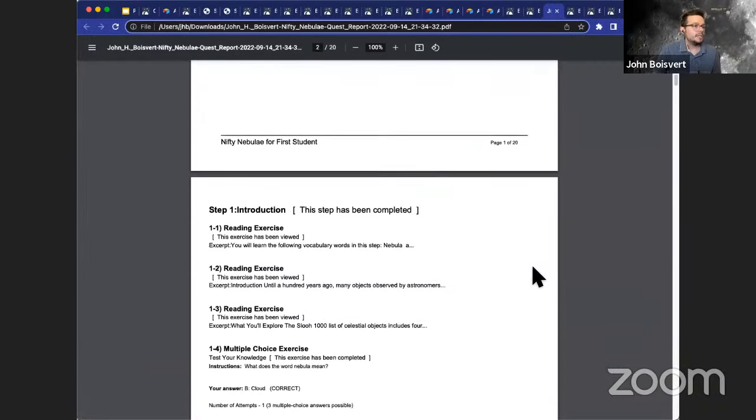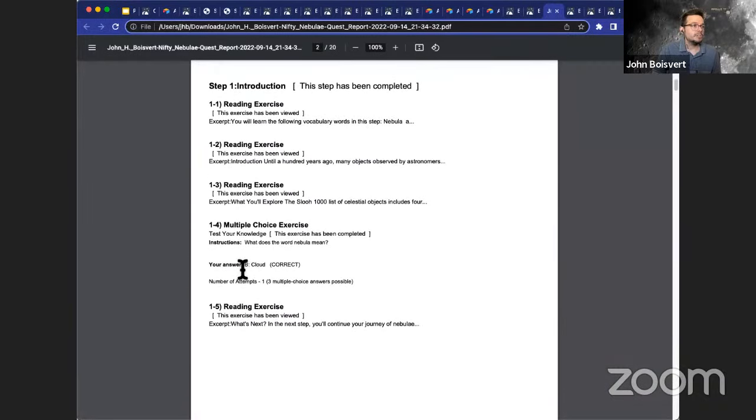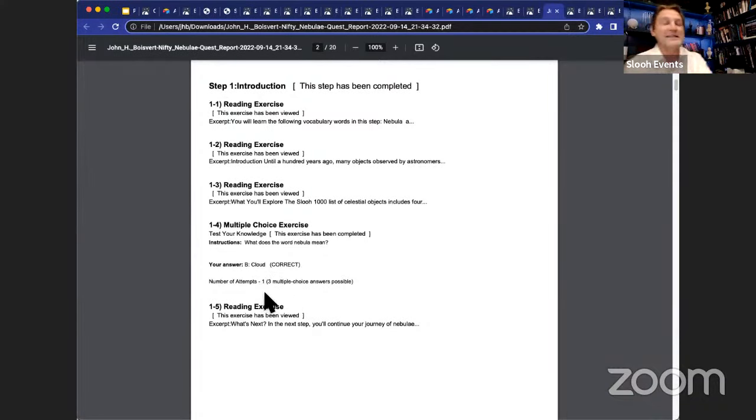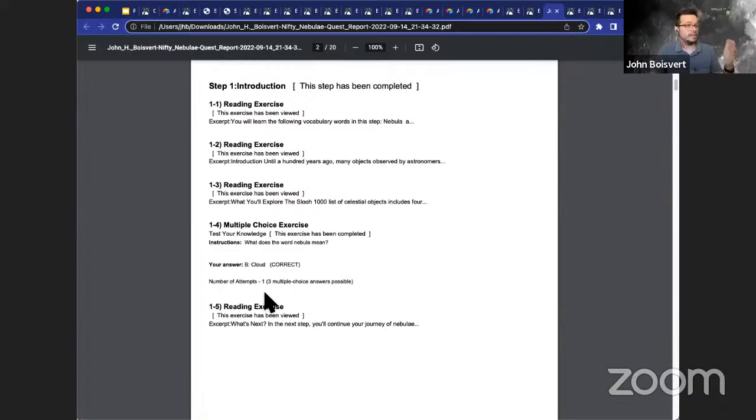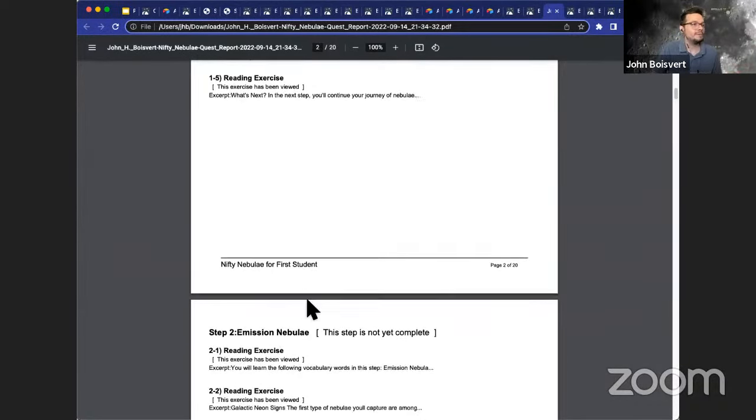And as I scroll down in here, you'll notice that multiple choices are still giving the response that the students provided, whether or not it was incorrect or correct, but it says the number of attempts underneath now. Oh, excellent. So that's already included. I didn't even realize, John, that we had that already in place. So that's brilliant. Yes. And so if you see 3 attempts and 3 multiple choice questions, well, you think they've probably gamed it.